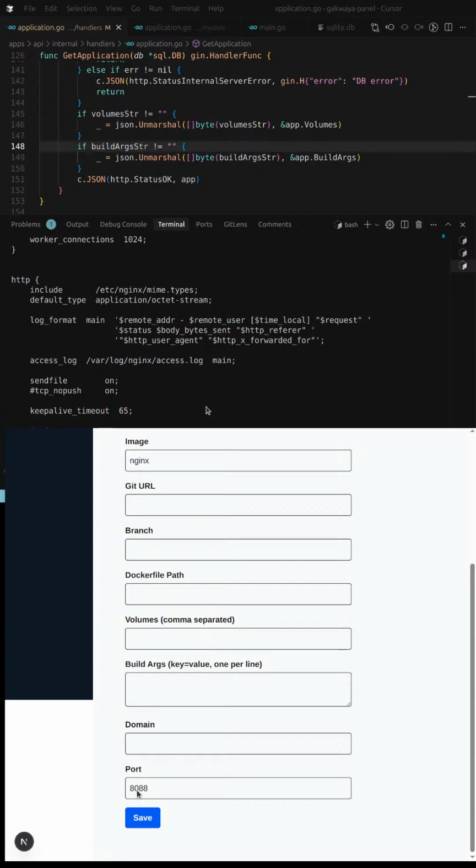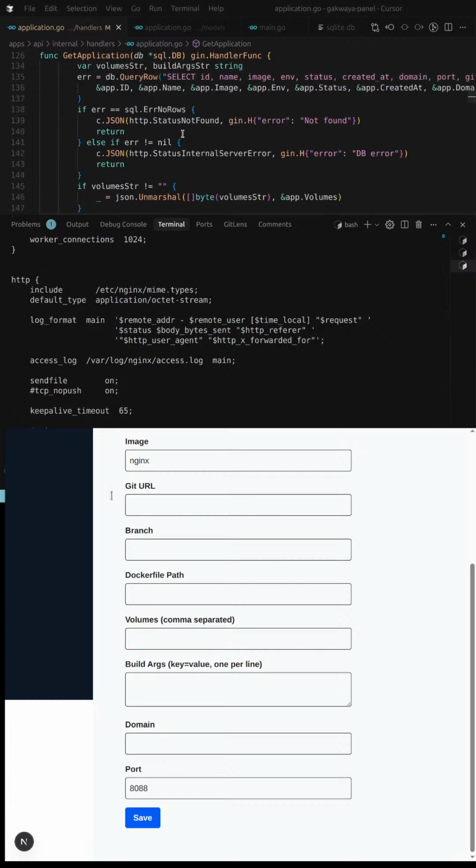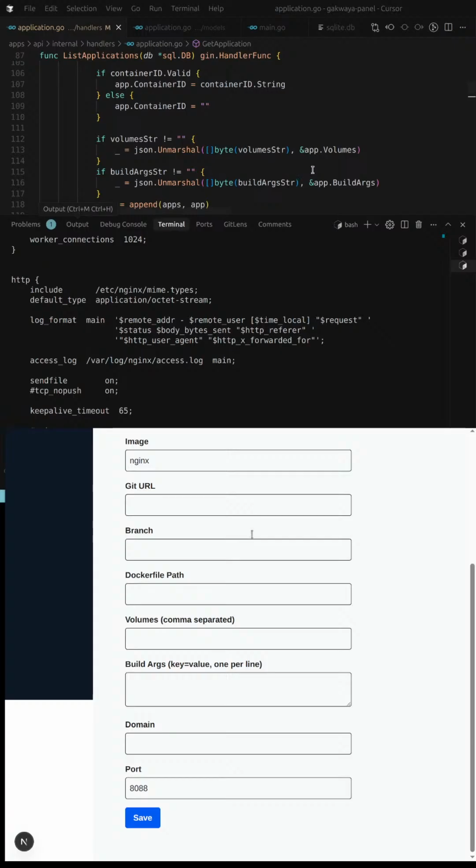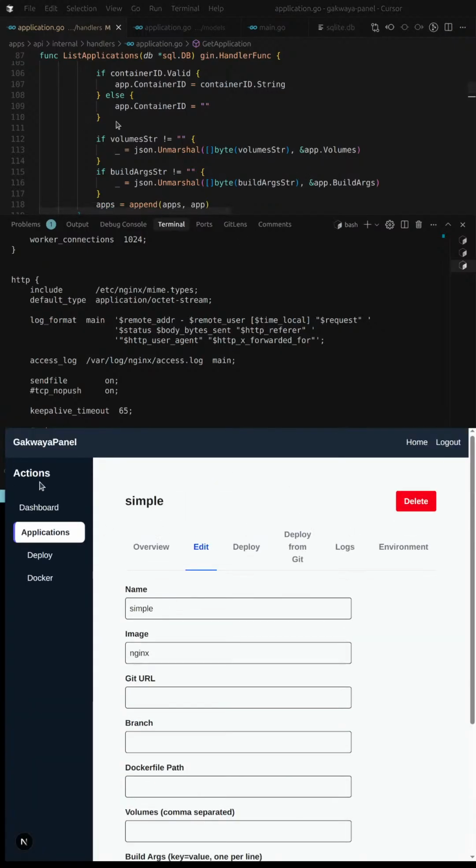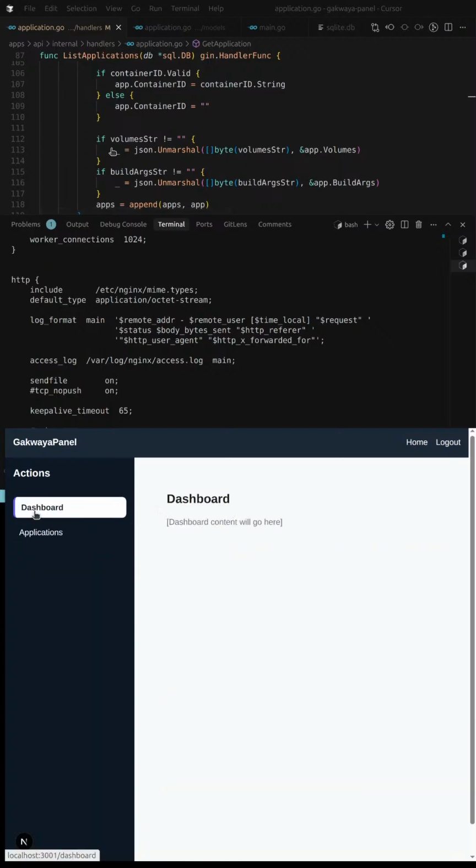All right, let me go back to the app, because I'm going to be stopping shortly. I'm working on this panel. This is going to be a Docker deployment panel. You can use it to deploy any kind of Docker you want, and it will be easy, but also it gives you the chance to do the shared